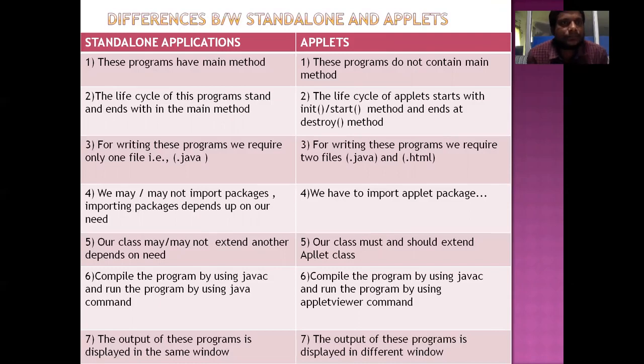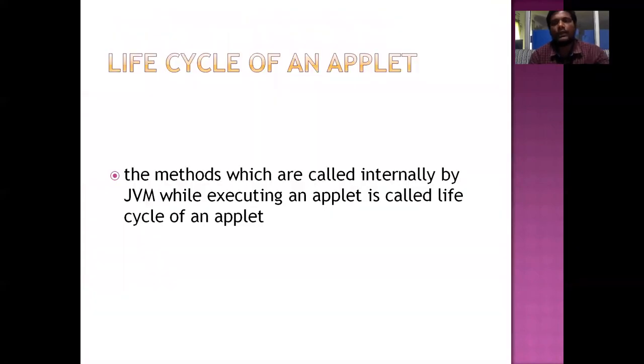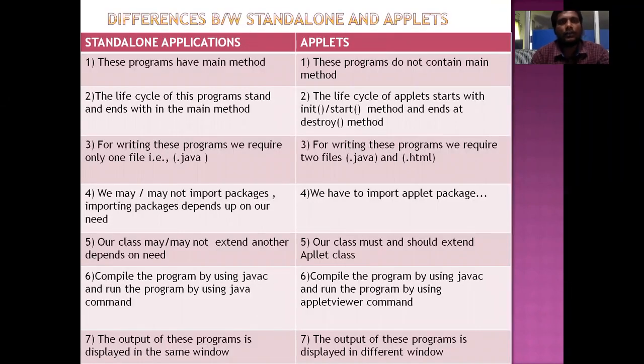Going to the first one, these standalone programs have a main method. We all know that the main method in the Java programming language is public static void main string args. In each and every program, we may write any number of classes, declare any number of variables, or have any number of methods inside each class. But one of the classes should contain the main method, public static void main string args. Without that main method, we cannot write even one standalone application program.